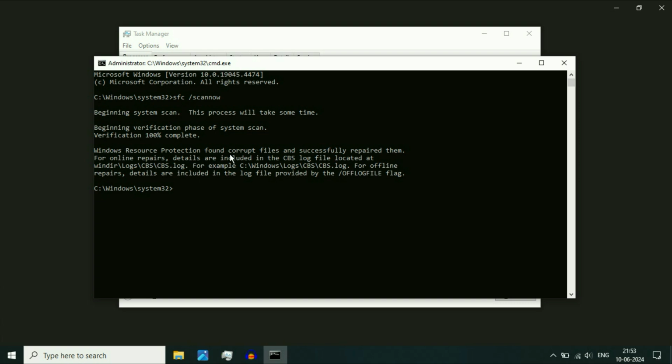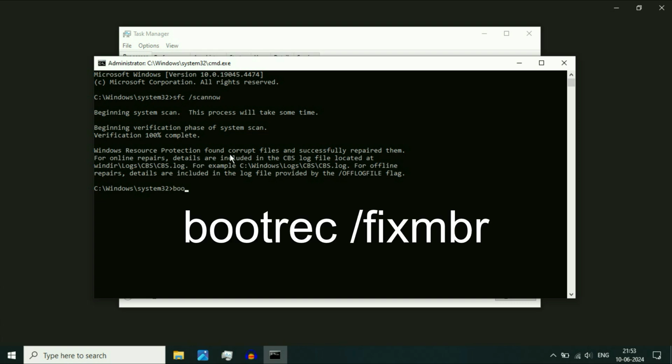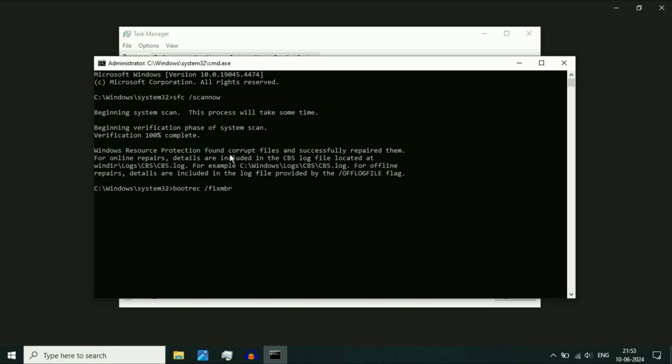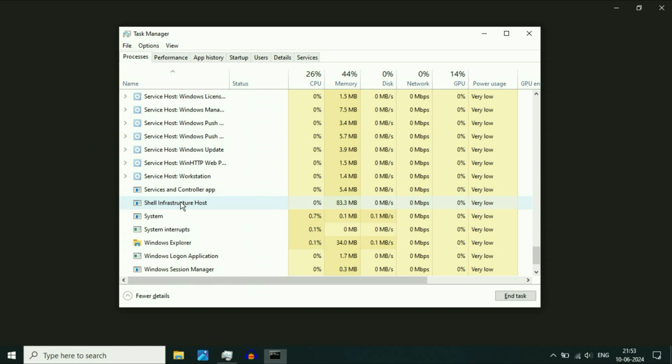Now type the next command, bootrec space /fixmbr. So this will repair the MBR file. Press Enter. If you get any kind of error like this, don't worry, simply type exit, press Enter, and after